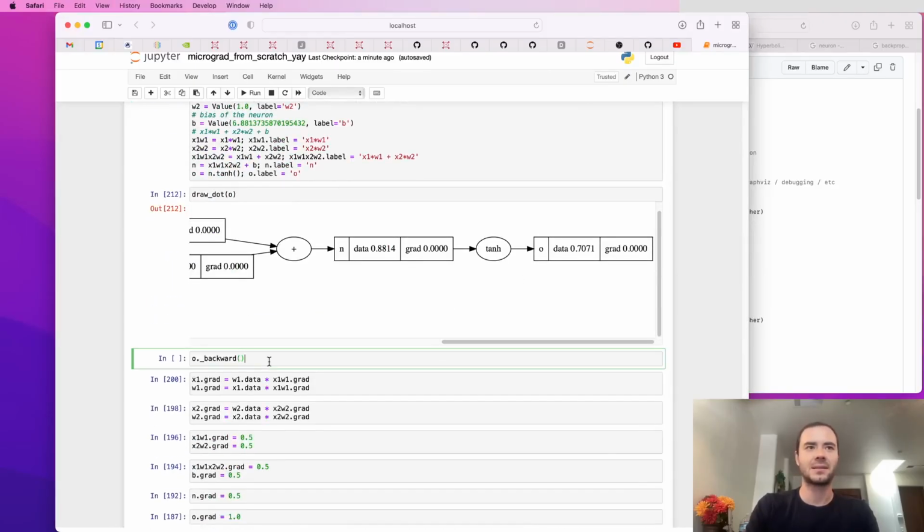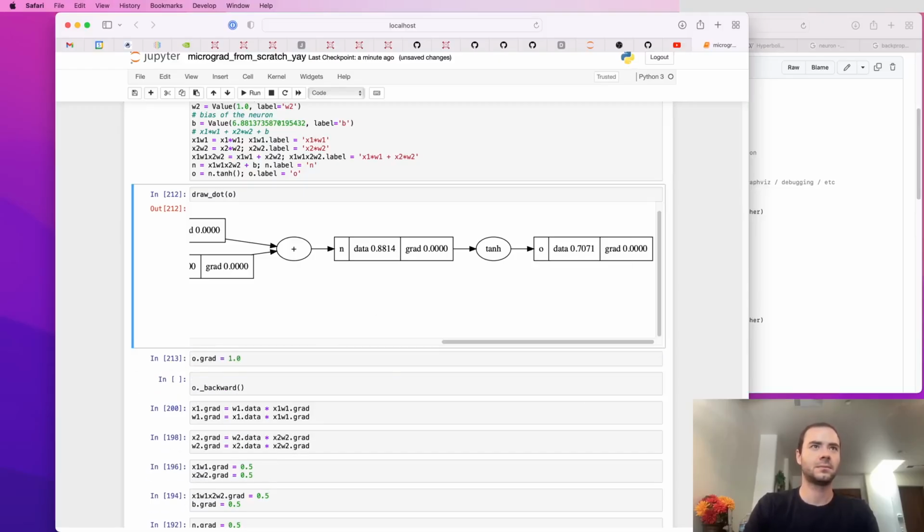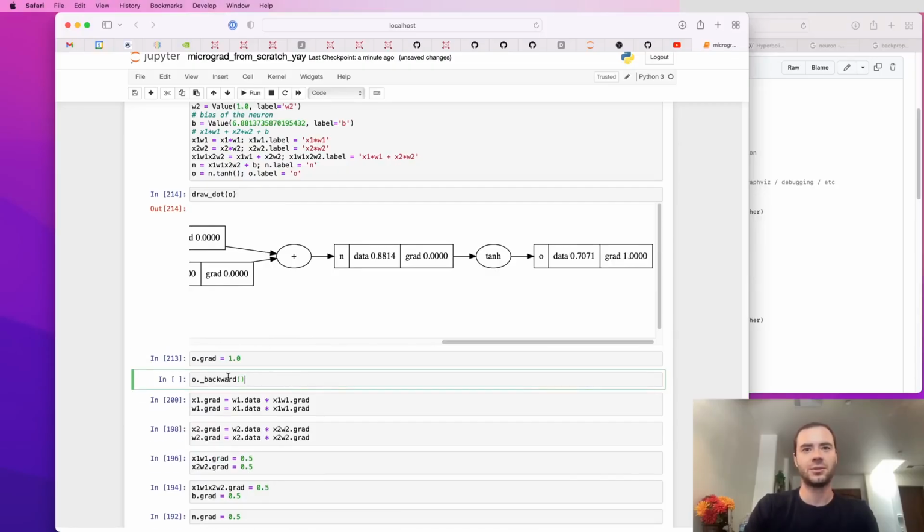So as a base case, we need to set o's.grad to 1.0, to initialize this with 1. And then once this is 1, we can call o.backward, and what that should do is it should propagate this grad through tanh. So the local derivative times the global derivative, which is initialized at 1, so this should